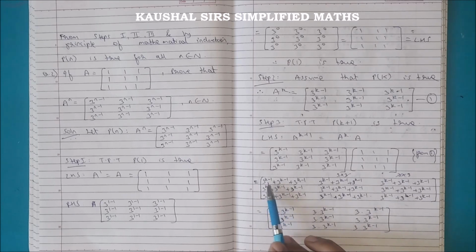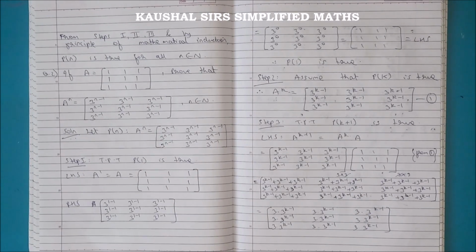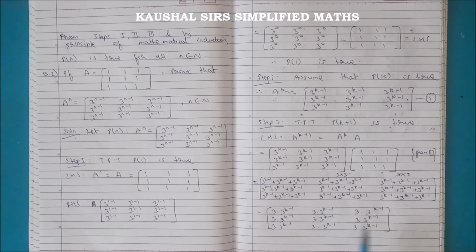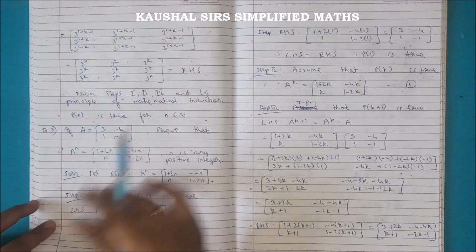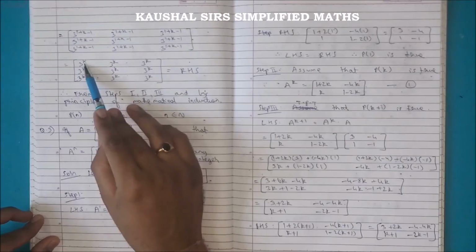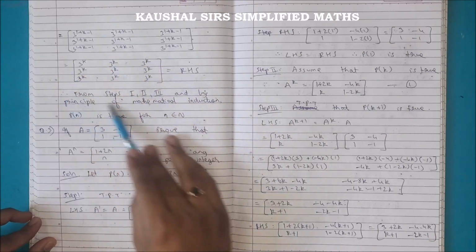Now ये तीनों ऐड होके हमको क्या मिलेंगे, 3 times 3 raised to k minus 1. Again everywhere we get 3 times 3 raised to k minus 1. Okay, so according to law of indices, you are going to get 3 raised to 1 plus k minus 1 everywhere. So let's see now. ये देखो ऐसे मिलेगा हमको, 1 and 1 gets cancelled everywhere. So you get 3 raised to k, 3 raised to k, 3 raised to k in the full matrix which